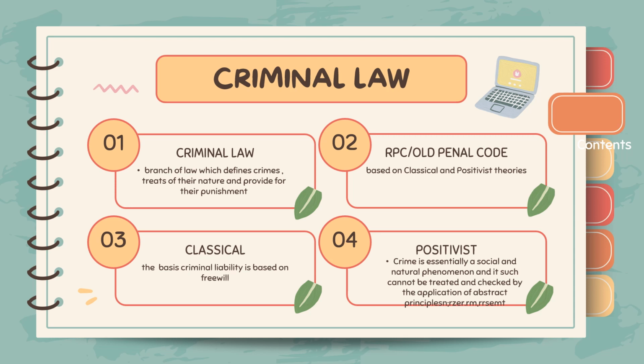For classical, just to summarize, the basis of criminal liability is free will. For positivist, crime is essentially a social and natural phenomenon, and as such cannot be treated and checked by the application of abstract principles. And also, another viewpoint of positivists, the classical method considers the offender as an abstract being and prescribes for him a series of hard and fast rules, a great multitude of penalties with scant regard to the human element. And we have